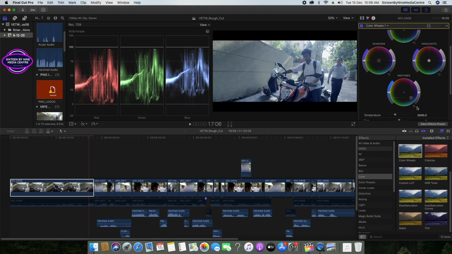Let me refresh everything. Generally a cinematic image has warm highlights. These are the warm colors here: red, yellow and all those. So a little bit, not much. You see the warmth, this is going up. I don't want this to go up. I want it to balance, but a little bit of highlights I will put. It is going up, which is not right, but still I'll handle something. Then I'll put some blueness to the shadows.